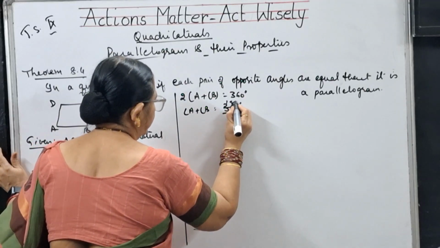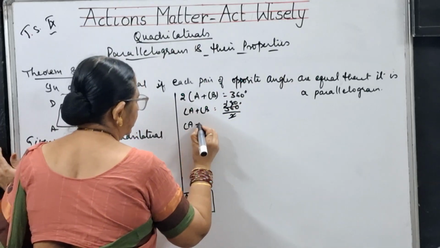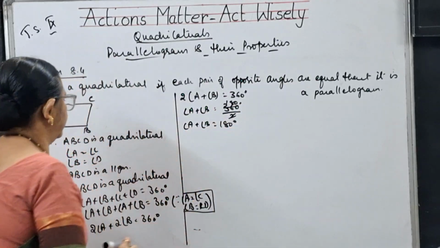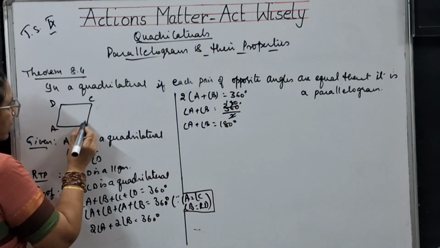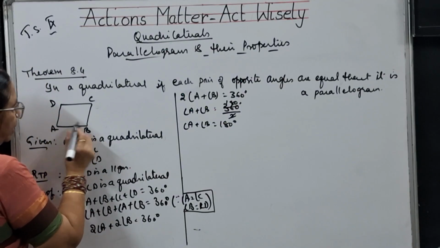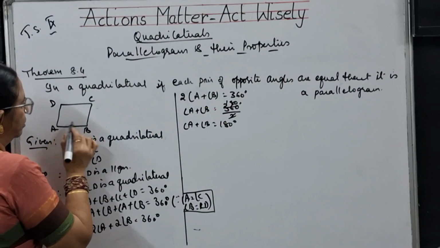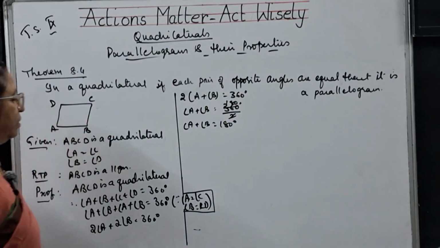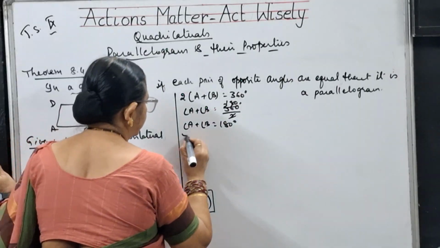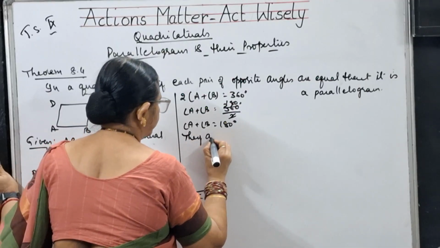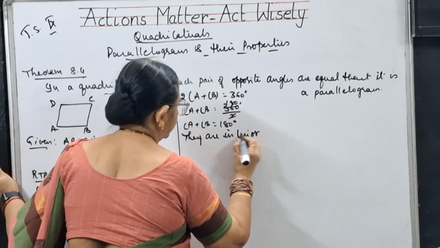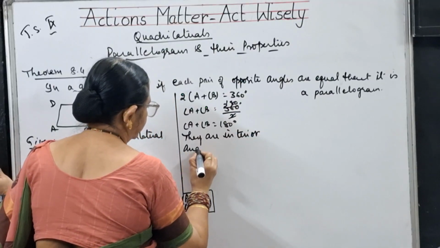That is 180 degrees. So angle A plus angle B is 180 degrees. So see here, children, angle A and angle B, these are interior angles on the same side of transversal for AD and BC. So I'll write they are interior angles